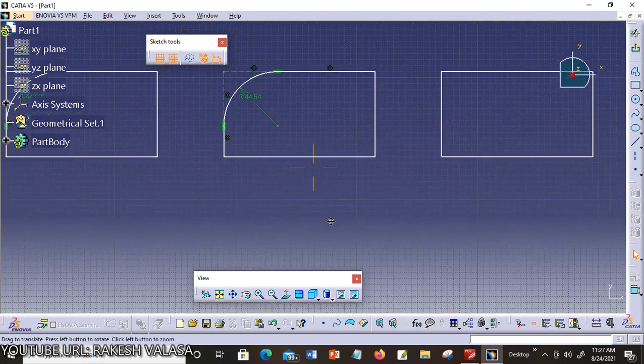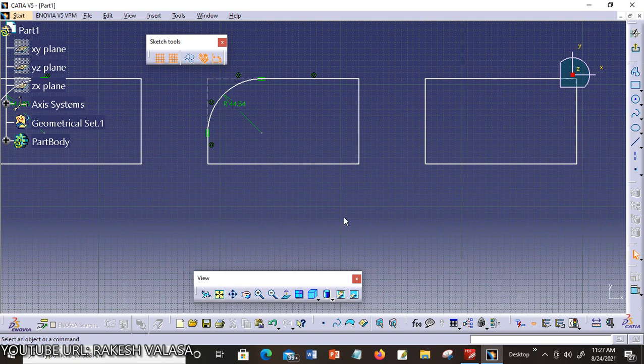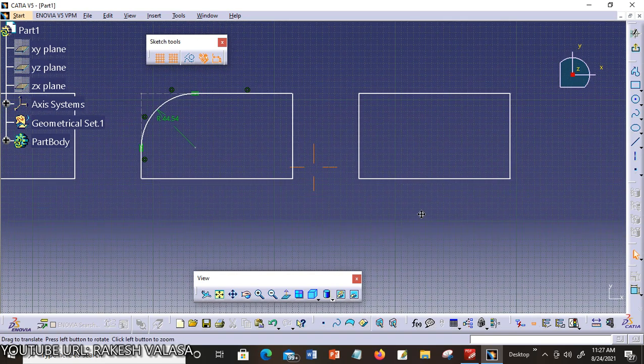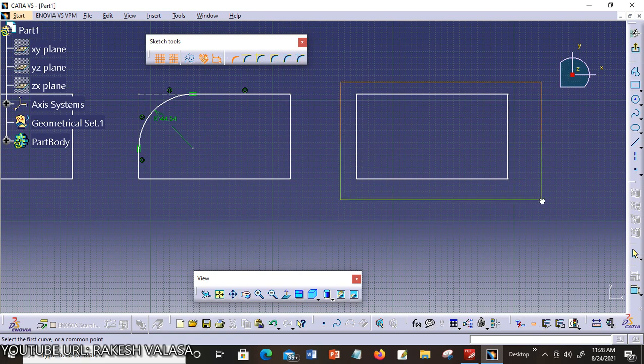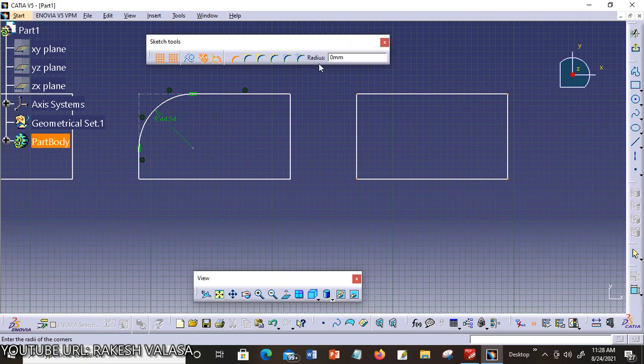You can also optimize the operation by multi-selection. You can create several corners just by multi-selecting. For example, if you want to corner these four edges, just go to Insert, Operation, Corner, choose the first one, that is trim all elements. You can select the entire sketch and directly give the radius.